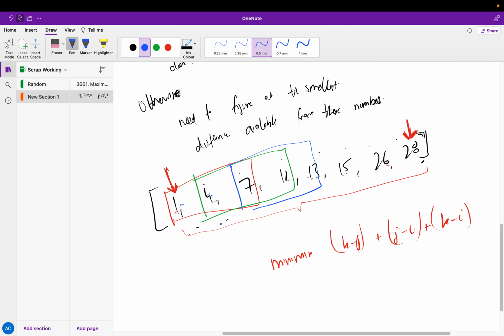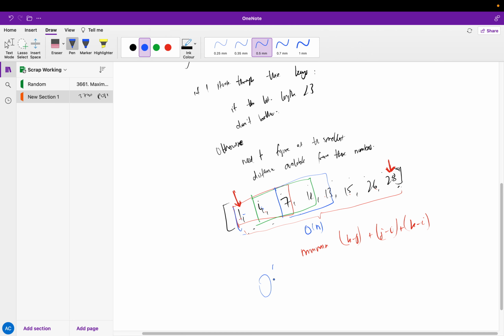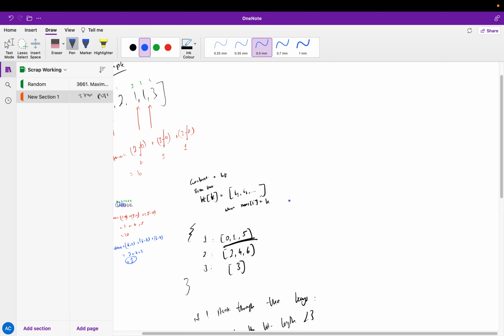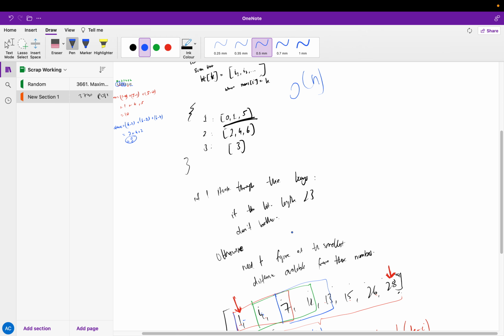So in linear time, I'm able to determine the smallest distance metric by looking at which window of size 3 gives me the smallest distance metric. So yeah, this is linear time. I don't know, I think this is still O of n squared, because it takes O of n time to construct this, and then for each distinct element,